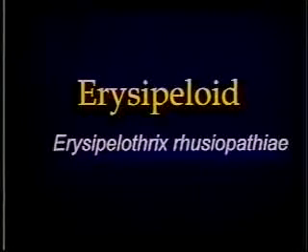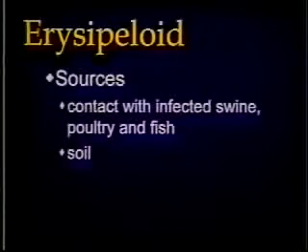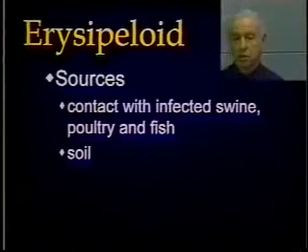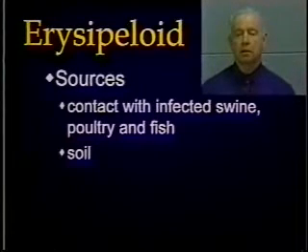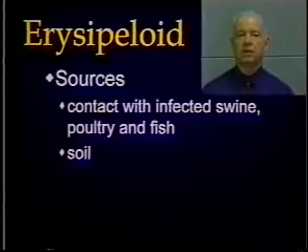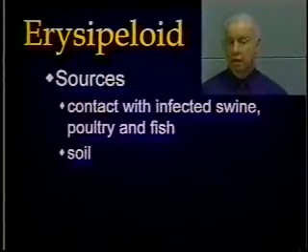Now, in animals, this infection of Erysipelothrix is known as erysipelas. But in humans, erysipelas is a streptococcus infection, and the infection by this organism in humans is referred to as erysipeloid. This is primarily in humans who are associated with infected swine, but also sometimes with turkeys and fish. The organisms are present in soil and not infrequently affect swine, so that this can again be the source